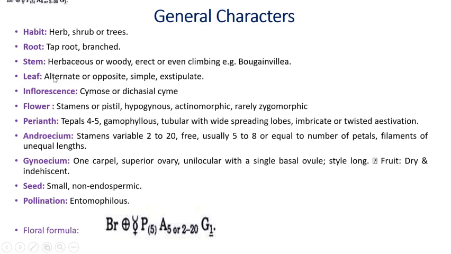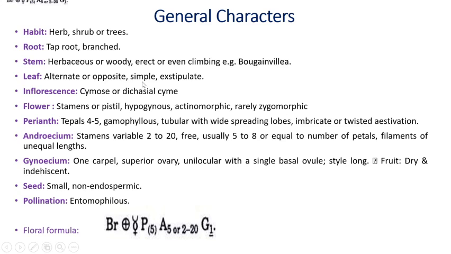Leaves. Leaves show phyllotaxy alternate or opposite, simple and exstipulate, and they show unicostate reticulate venation. Alternate is the phyllotaxy, that means from each node the plant body develops only a single leaf. Then again the upper and lower show a single leaf, but both are alternate. In some plants you will get opposite phyllotaxy. Opposite phyllotaxy means from each node you will get two leaves, both opposite to each other.